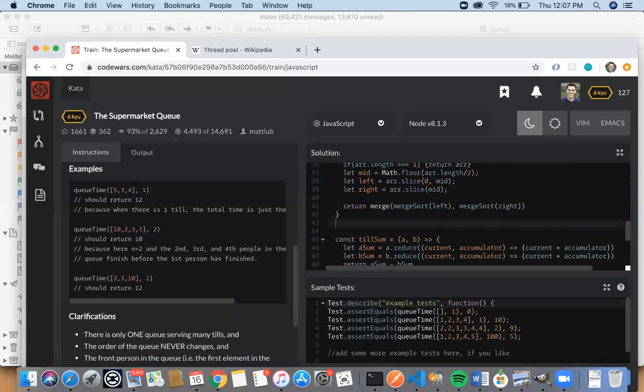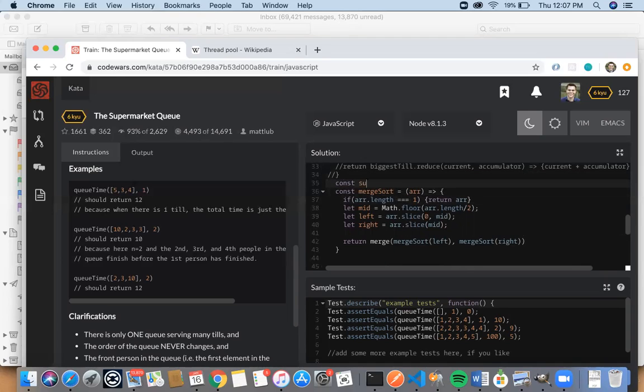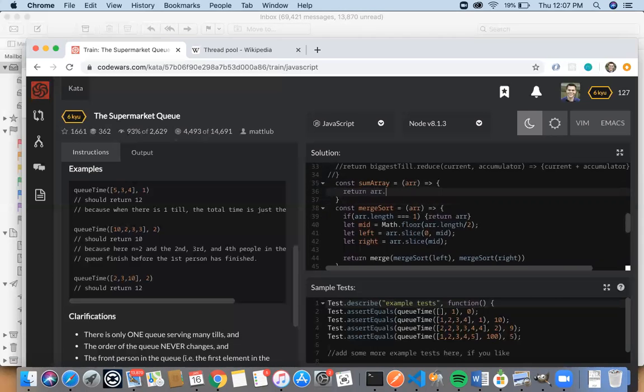So I'm going to just keep doing this. I'm going to do this merge sort, and at the end I'm going to see how I would understand how it works for numbers. I'm not sure how it works for arrays. Probably shouldn't be too hard if I just wrote a helper function, const sumArray takes an array, return array.reduce